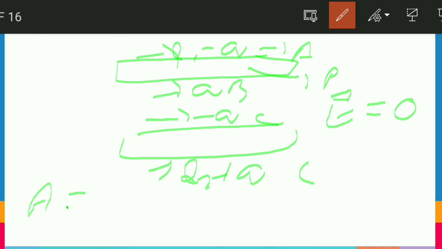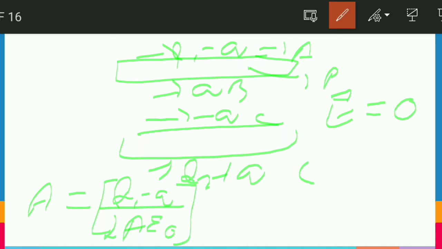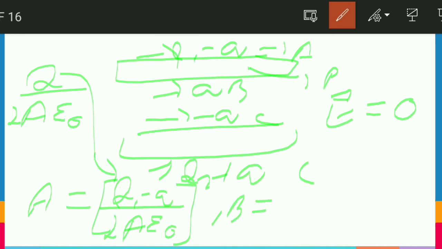So due to A, can you find the electric field at P? Yes, the formula of a plane sheet of infinite length will be used, and that we used to write as q1 minus q upon 2A epsilon 0. I think you know this formula. What it says is the total charge on that plate upon 2 times A epsilon 0, and this time the total charge was our q1 minus q. And similarly, due to B, you will get q upon 2A epsilon 0, and direction you should also note. This will be in the downward direction, and this will be in the upward direction.